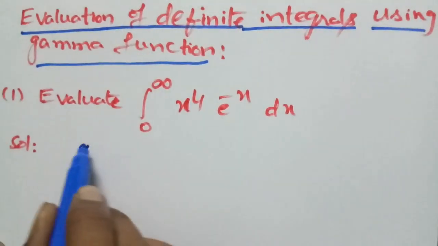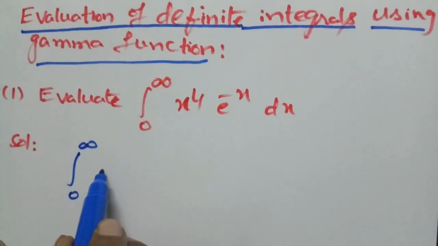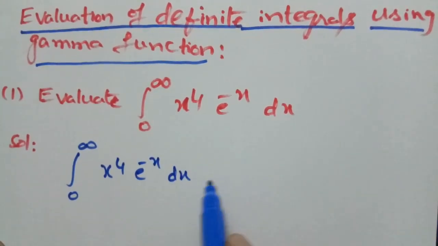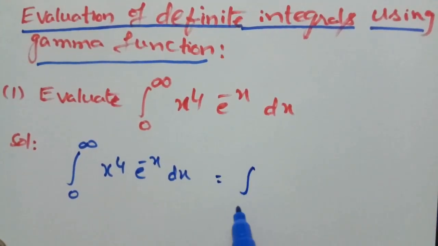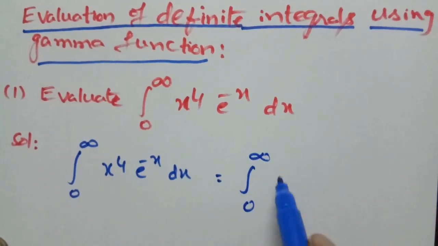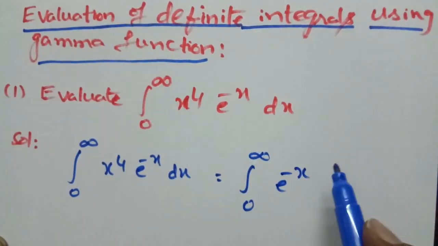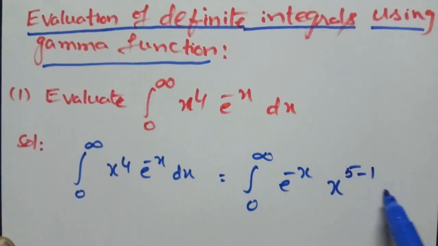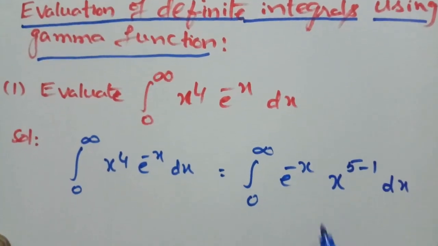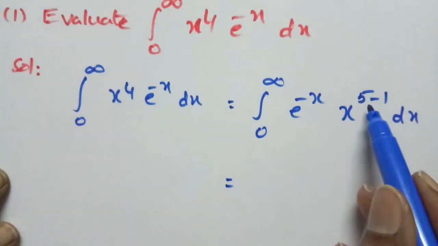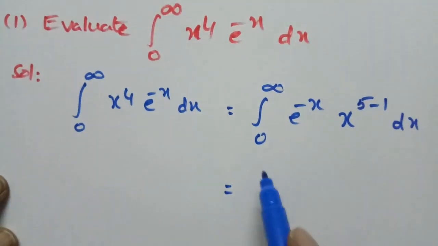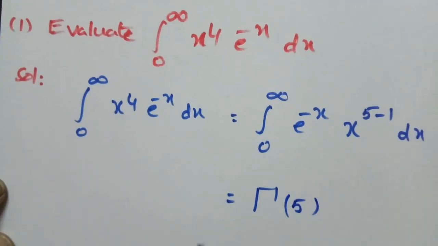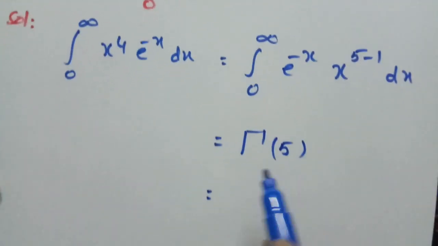Take this one, integral 0 to infinity x to the power of 4 into e power minus x dx. This can be written as e power minus x into x to the power of 5 minus 1. By the definition of gamma function, e power minus x into x to the power of n minus 1 dx is equal to gamma of n. But here, instead of n, there is a 5. Therefore, gamma of 5 is equal to